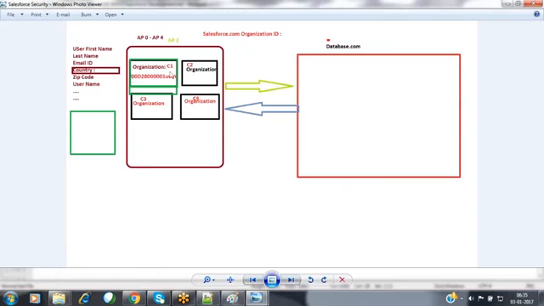Inside this organization, we can define objects, users, and business logic depending upon your requirement. Not only one organization; some more organizations are also available inside my Salesforce server. For each and every customer who has created a Salesforce account, Salesforce allocates memory inside that same server itself.